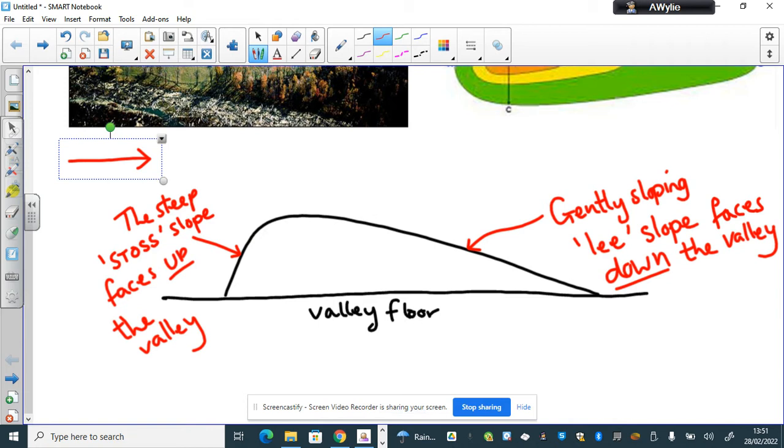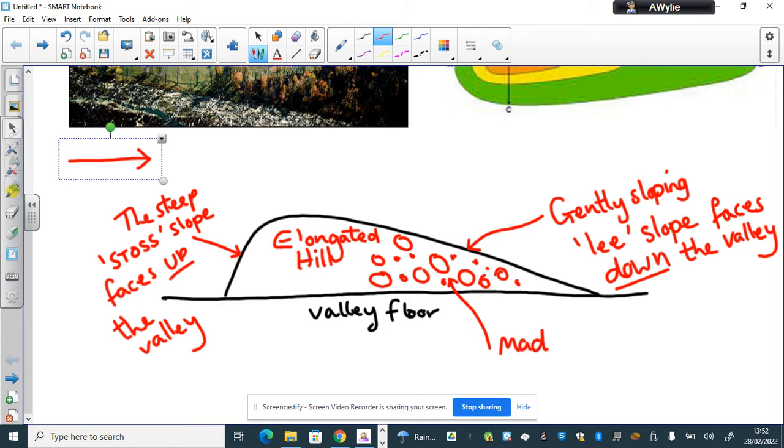Right, how do we describe the actual feature itself? Well, it is what we might call an elongated hill. So elongated, just stretched out. That'd be another key word. Put that in and you pick up a mark for the description of the shape. And it is made up of sediment or glacial till of all different sizes and shapes, which is what I'm indicating here. So we want to indicate that for a mark too. So the feature comprises or is made up of,